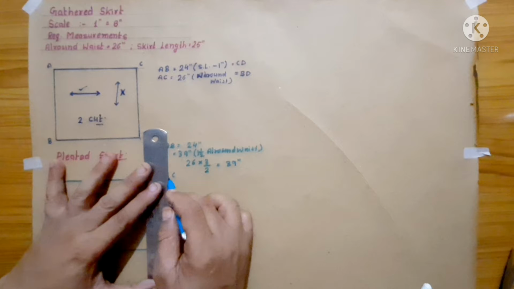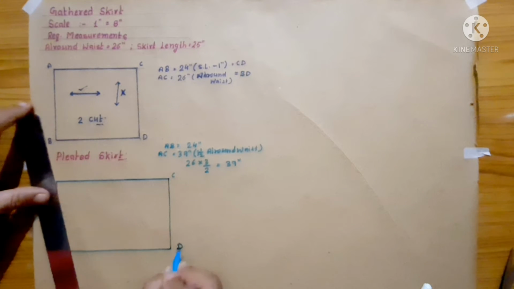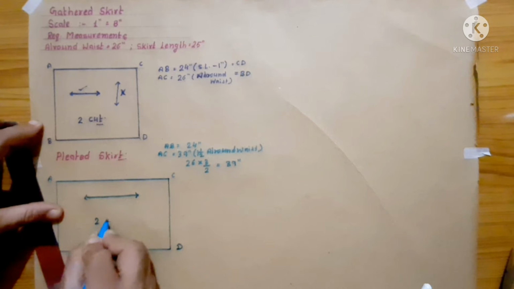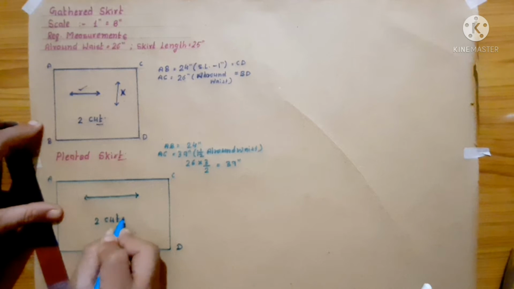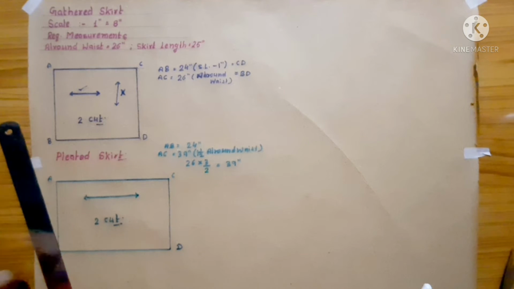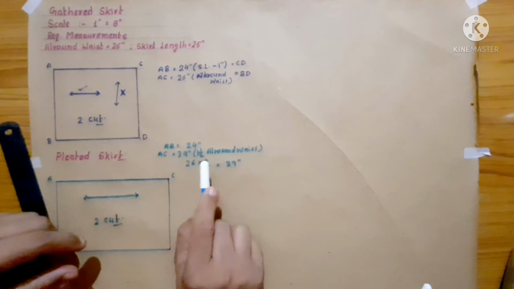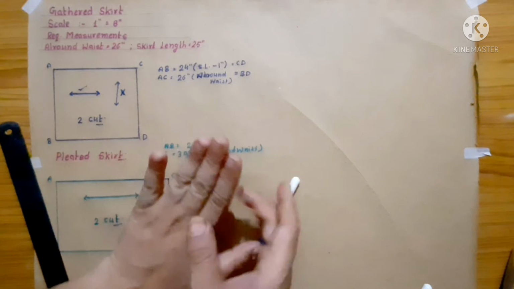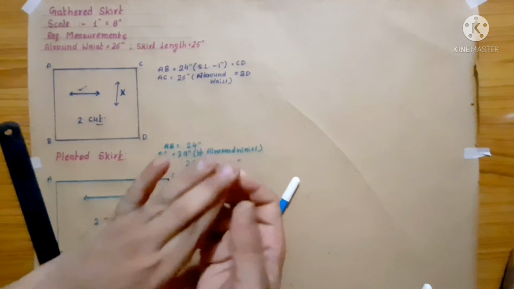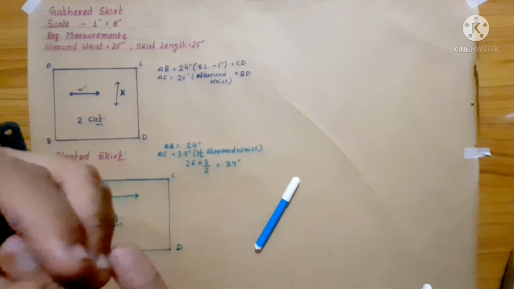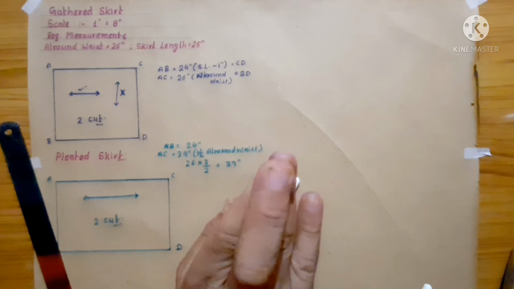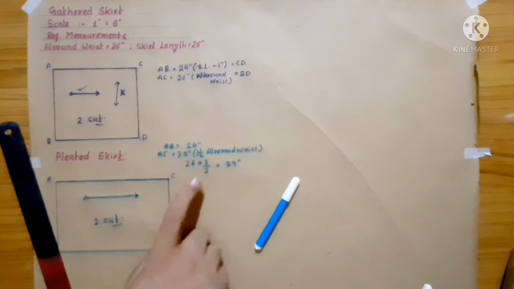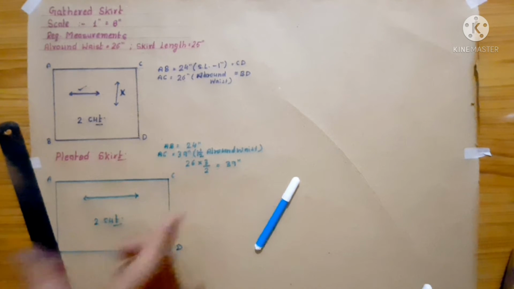And D, the grain to cut. Right? So all the times when you create the pleats, it requires 3 times of the actual measurement. That means when we fold, it will be folded in 3 ways. So in any pleat, it is required 1.5 times or 3 times of the actual measurement.